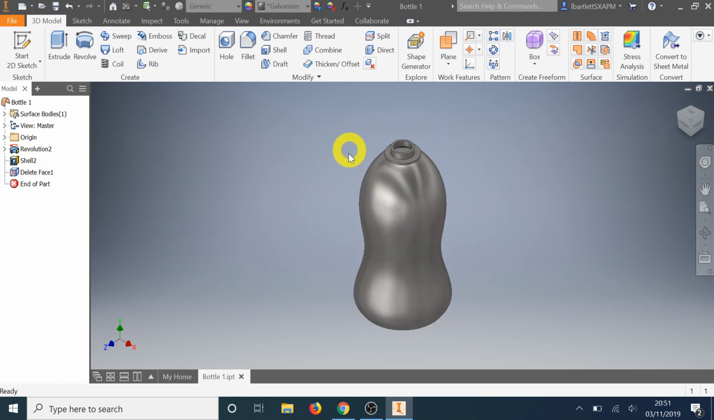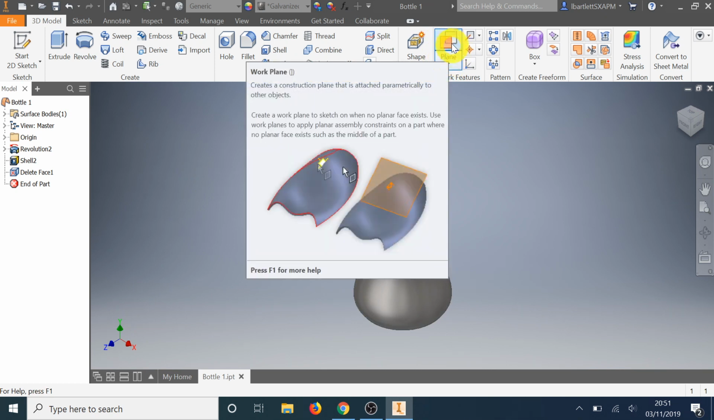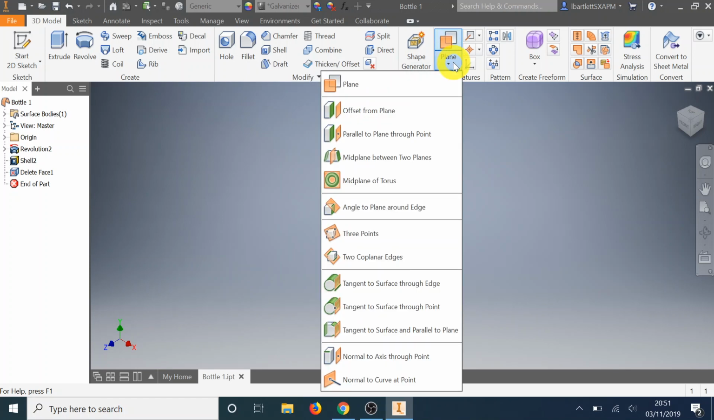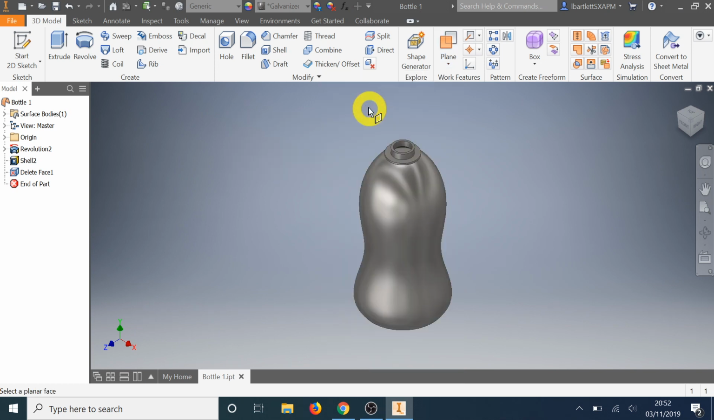work plane. So we need to have something to draw on, a surface to draw on, our sort of 2D mode, but we can't have it in the normal location, so we need to tell it that we want this. So I'm going to go to, on the top banner here, the little drop down box under plane here, this little arrow pointing down, click there, and then we're going to go down to offset from plane, click that one,